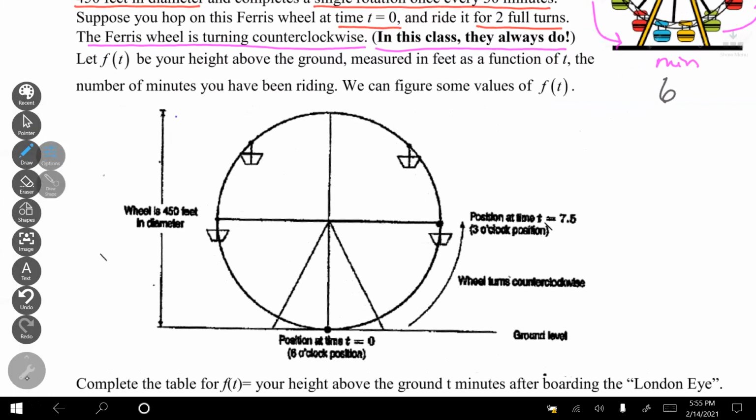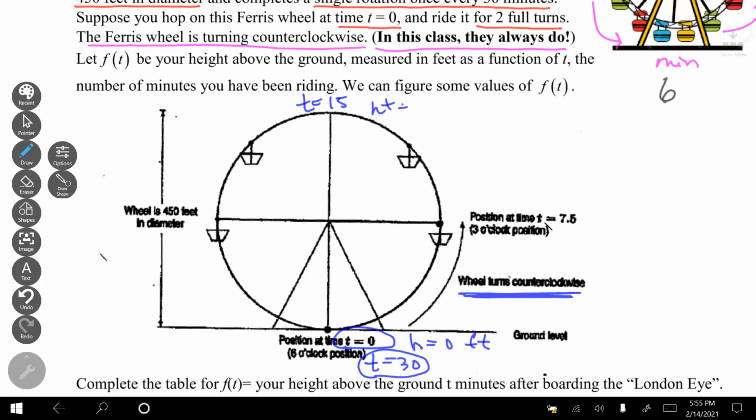So at the bottom, we're at t equals 0 minutes. Our height is equal to 0 feet. And then we go counterclockwise, because all Ferris wheels go counterclockwise. Since it takes 30 minutes around, we're at t equals 30 minutes to get back to the minimum again of 0 feet. So at the top, we're at t equals 15 minutes, and that means we're at a